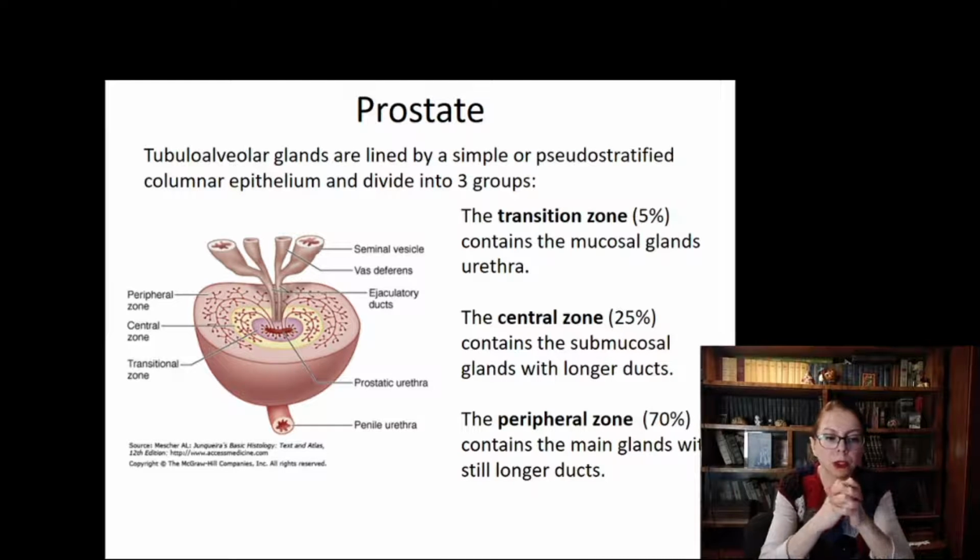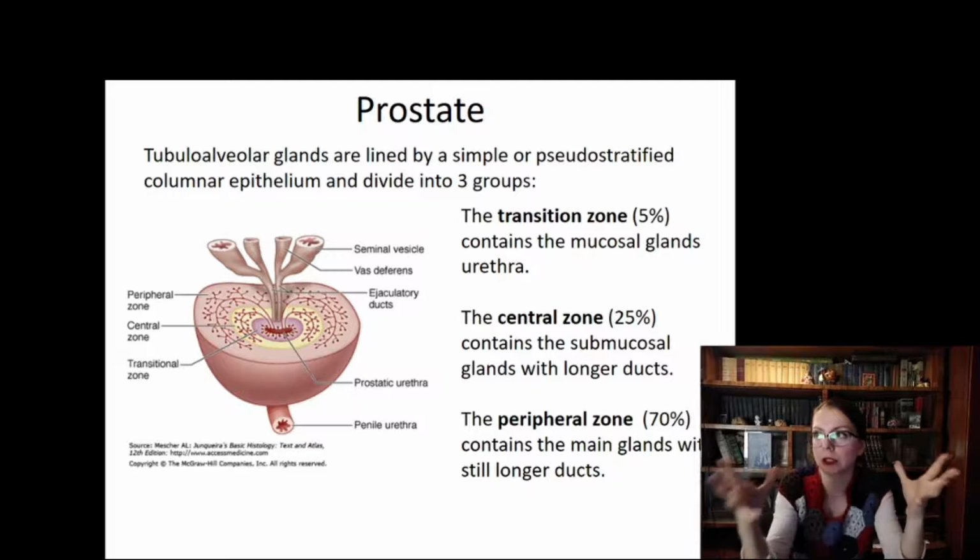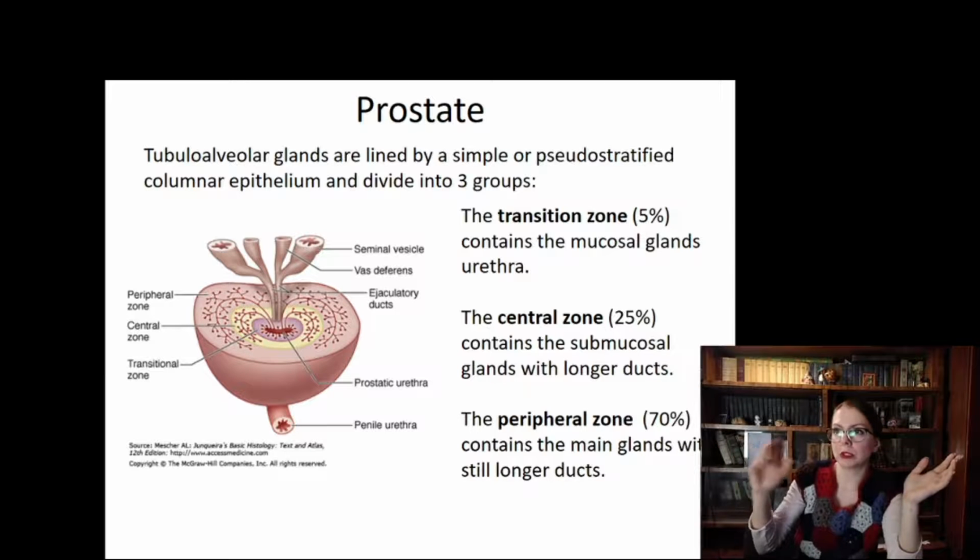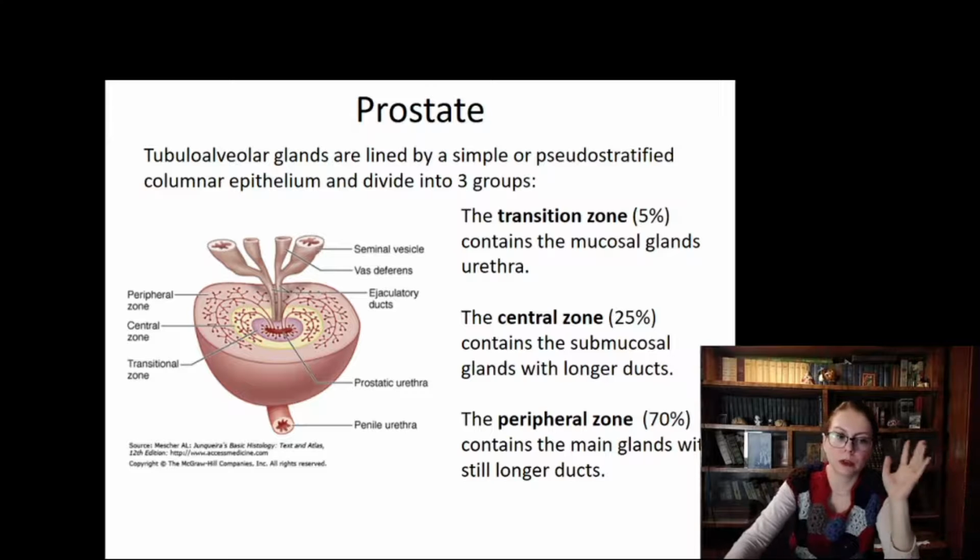The prostatic gland is very important, and this is the largest among accessory glands in the male reproductive system. It is formed around the urethra, like an extension of the urethra, and its glands are divided into 3 general groups. Actually, one more group is considered, but we concentrate our attention on those 3. And please pay attention: transitional, central, and peripheral zone. Pay attention that the central zone is not in the center, and lots of students confuse because of that. Please be attentive and notice that the transitional zone is in the center,